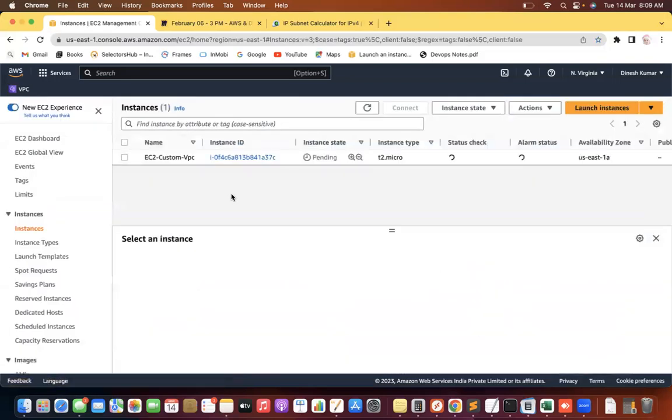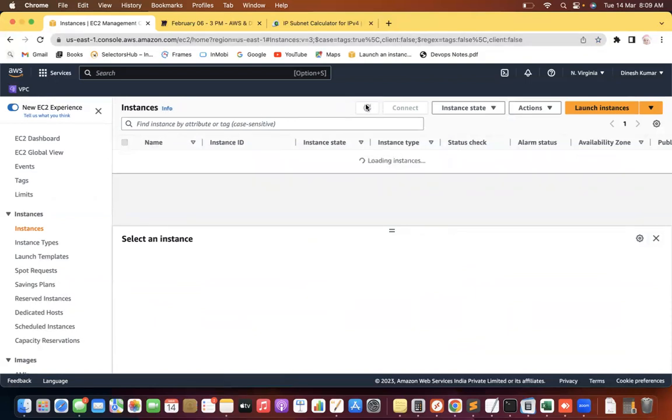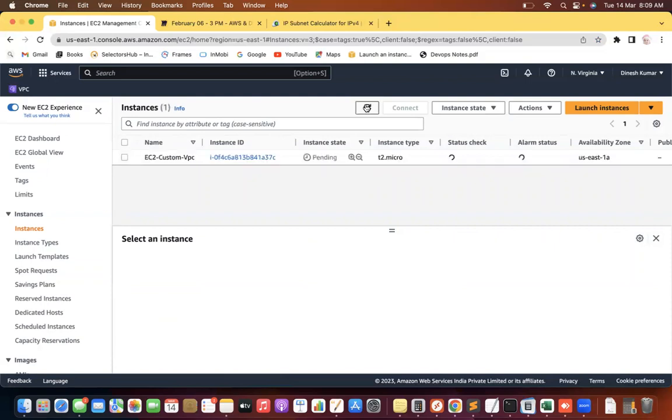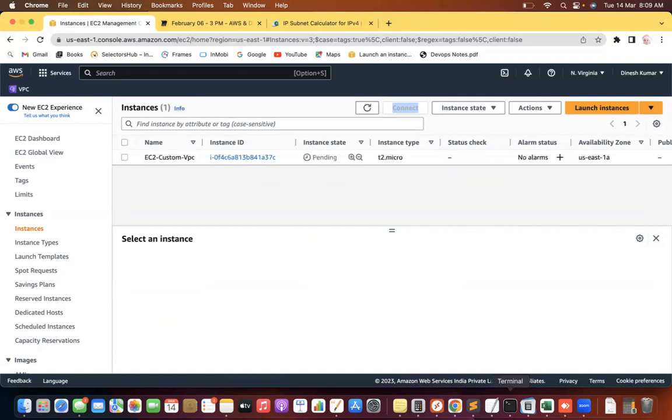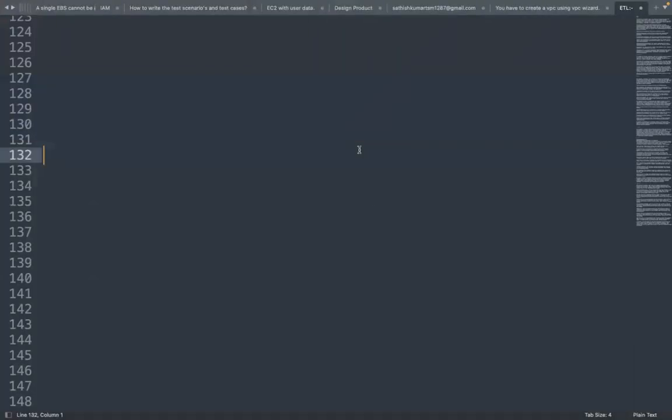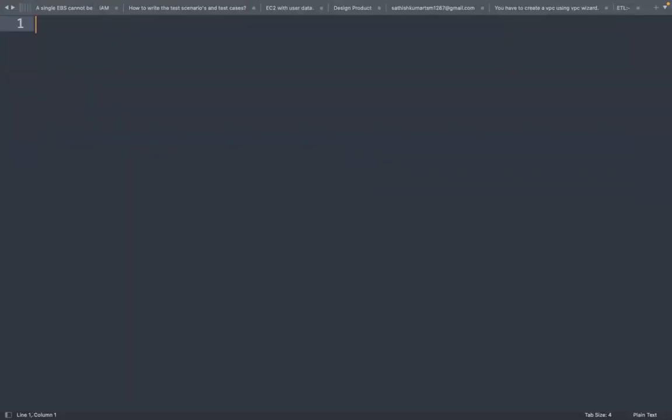So now I can see an instance is up and running. Okay, let's wait for some time. What I have done, if you ask me, is we have created one EC2 instance. Inside the EC2 instance, I have selected a custom VPC, not the default VPC, and I have selected a public